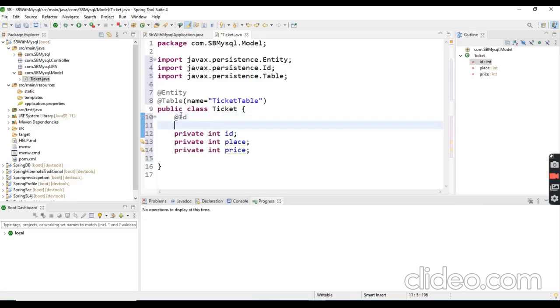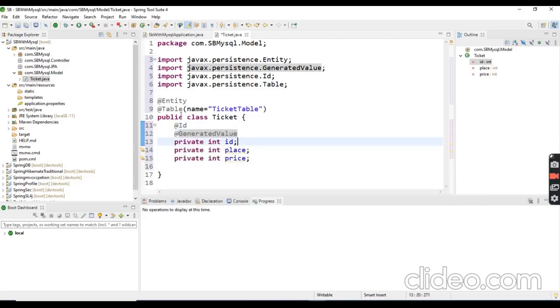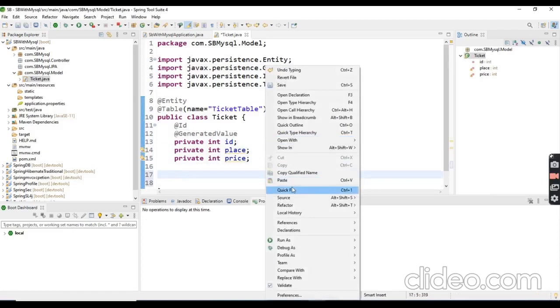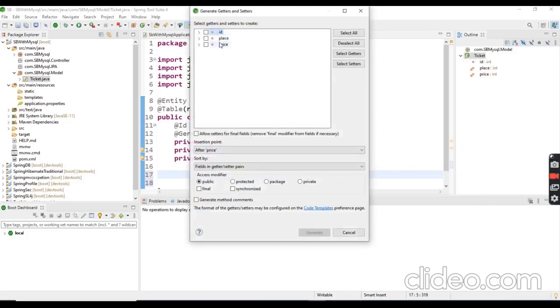And I'm going to make this ID auto generated. It means I don't want to give a value for this ID whenever I am creating a record, so I make it auto generated by using the generated value annotation. Then I am going to create getters and setters for these properties.